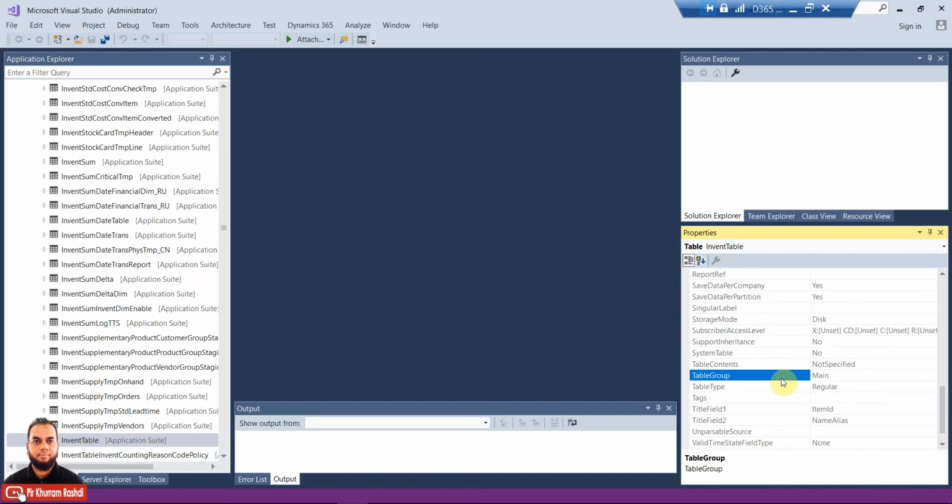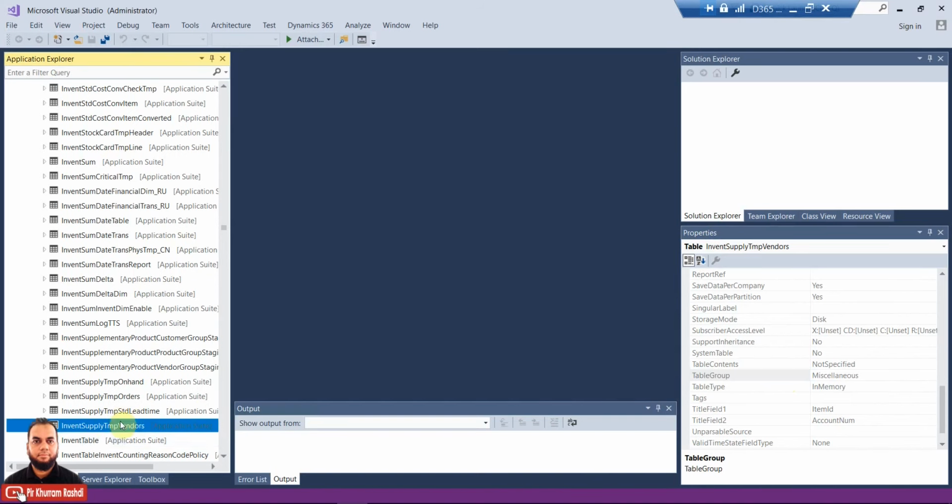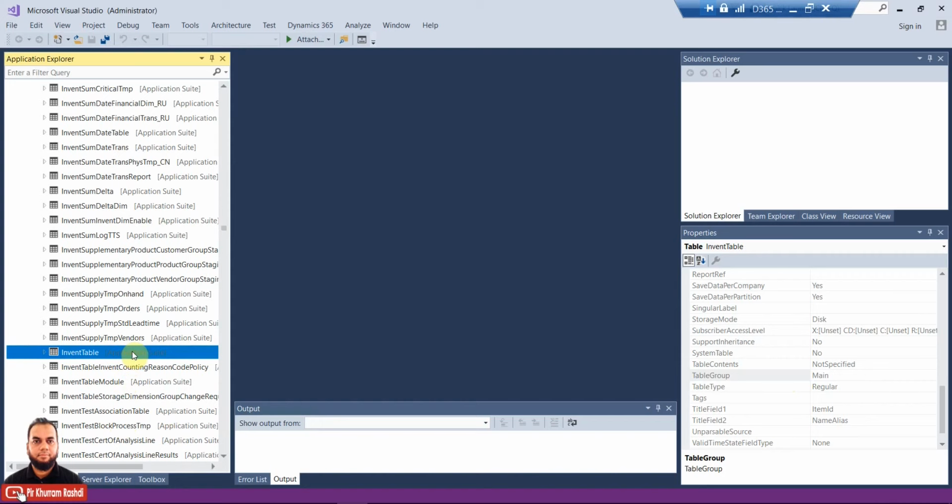So whenever you talk about list of information like vendor or customer or items, so those are treated as the main table. So similarly, if you also create your own functionality and you are having a list of certain information, so those can be treated as a table group of main tables. And then definitely this will help us in forming user interface as well, a particular style of form for the data entry purpose.